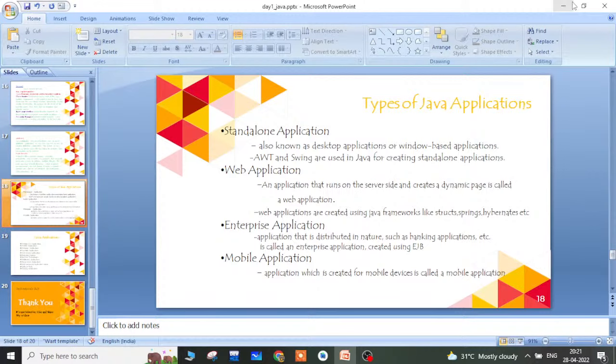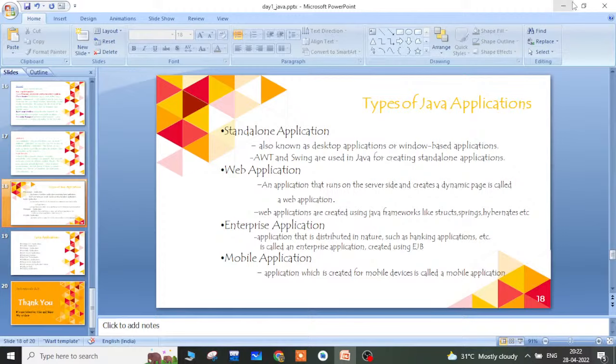After we move from that desktop or system, we cannot run it from any other machine. The standalone applications are built for a desktop or any window based applications, which run on the same machine.